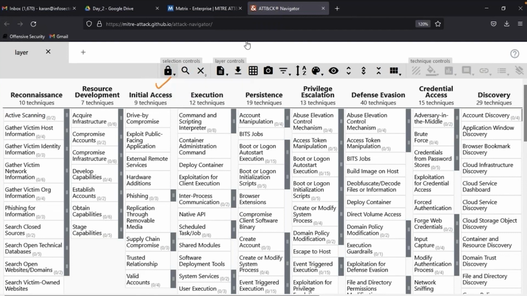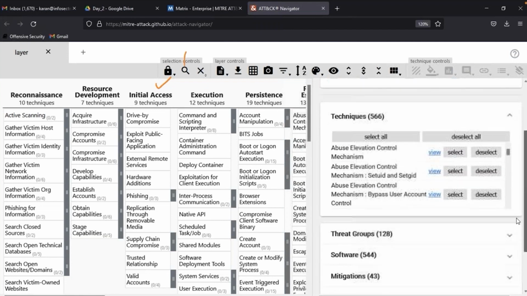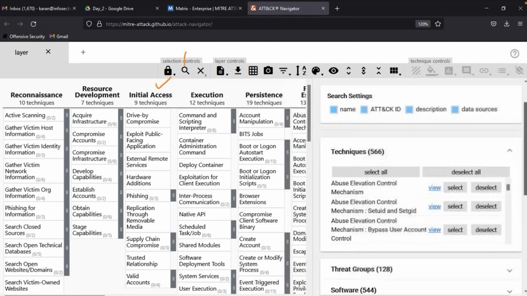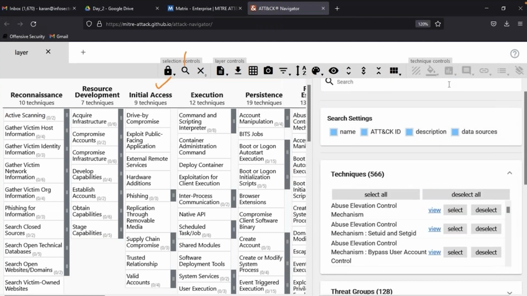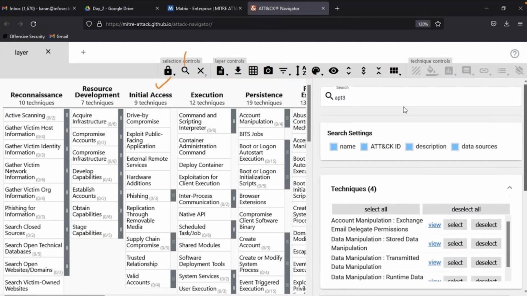Okay, then there is a search where you can search for any technique, any APT, any software, any sub technique, any data source, any mitigation, whatever you want to search, you can search over here. Okay, let's suppose you are looking for APT3. So you write APT3, correct? That will give you the chance to search the things,